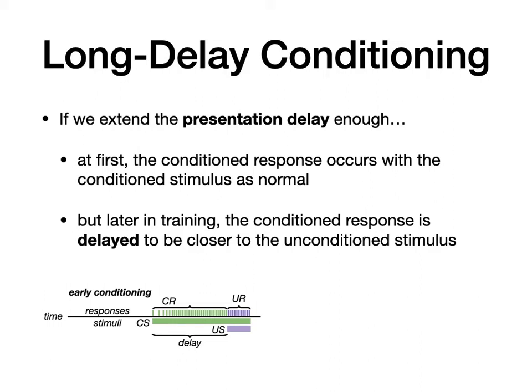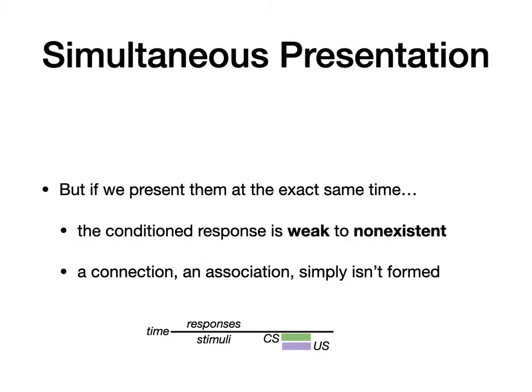You can actually start to see that later in conditioning, that conditioned response is also delayed to be closer to the unconditioned stimulus. So if the dog knows that there's going to be food in 5 minutes, they don't bother salivating early. The system wouldn't worry about that. It would say, food's coming, I'll get salivating later, right? So this is a phenomenon: our systems kind of trend towards co-occurrence, right? Now, on the other hand, simultaneous presentation, if you present them at the exact same time, that conditioned response, rather, is going to be weak or non-existent.